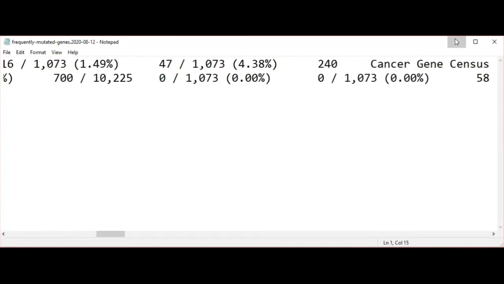Whatever information is present over here, like symbol name, SSM affected cases, copy number alterations and variations, mutations, this type of data will be saved in TSV format. And in the JSON format, you can download all 21,058 genes.